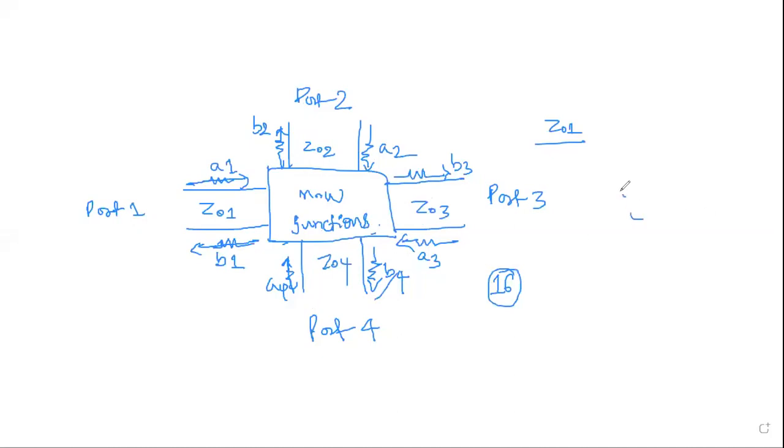Again 4. For A1 it is 4. For A2 it is 4. For A3 it is 4. For A4 it is 4. So in total there are 16 combinations coming in terms of the network.